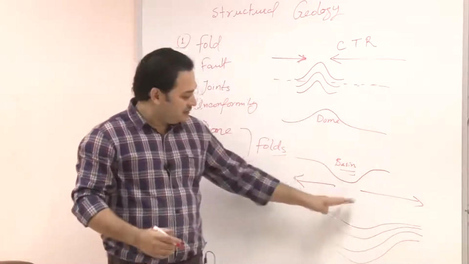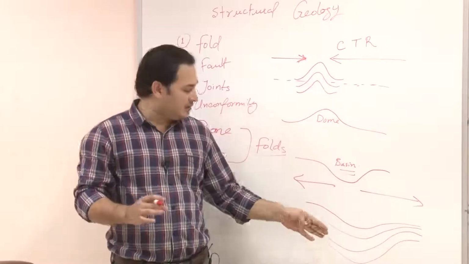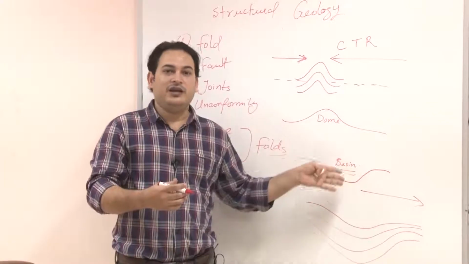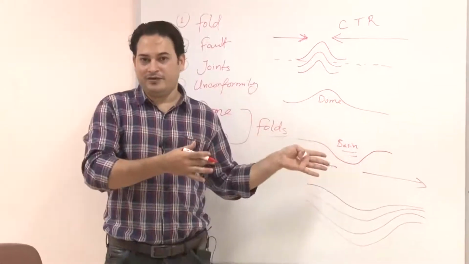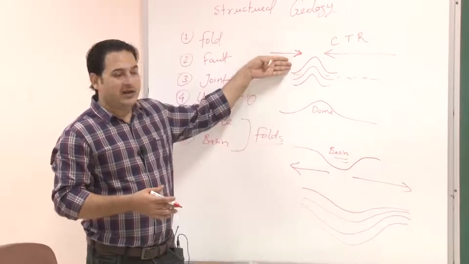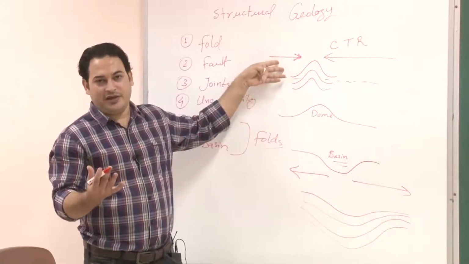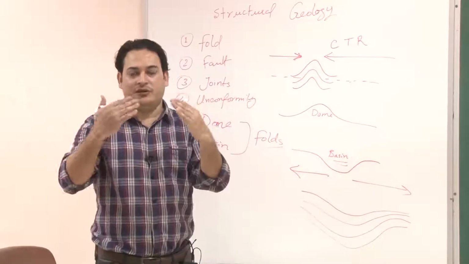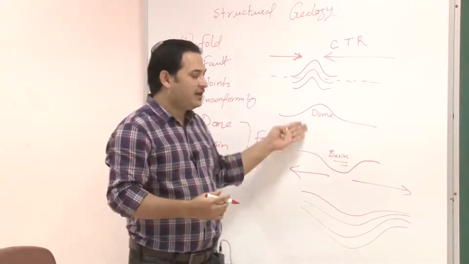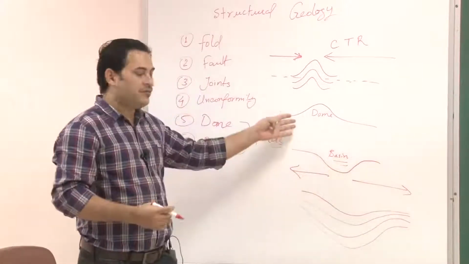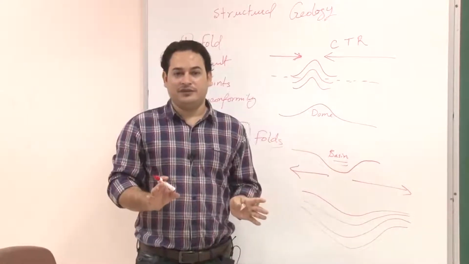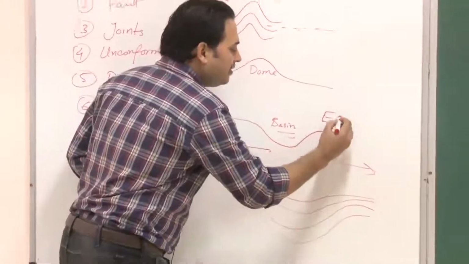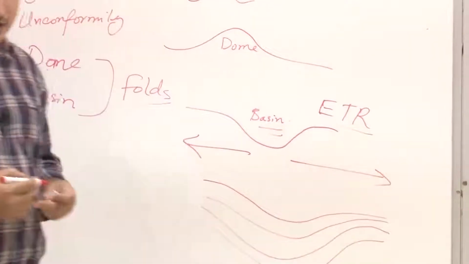When there is a whole cross section available to us and there are beds older and younger, okay, then in that case we can classify it as a syncline and we can classify it as an anticline, okay. But in case we are just having some depressions and domal structures, then we can term them as dome and basin. So, they are basically related to folding activities, okay. So, this is in the case of extensional tectonic regime or extensional tectonic environment.